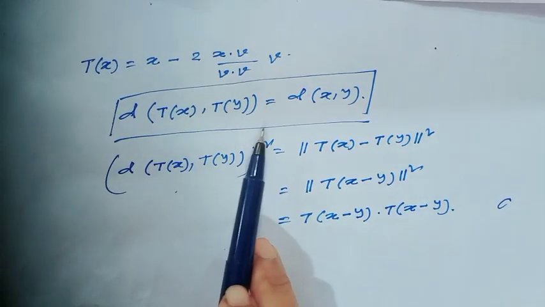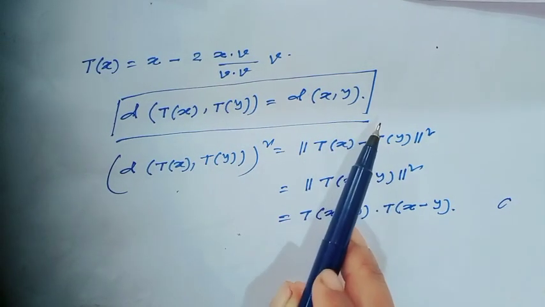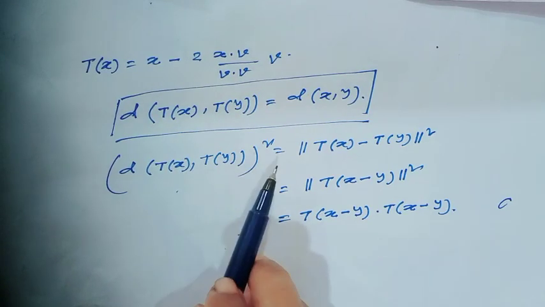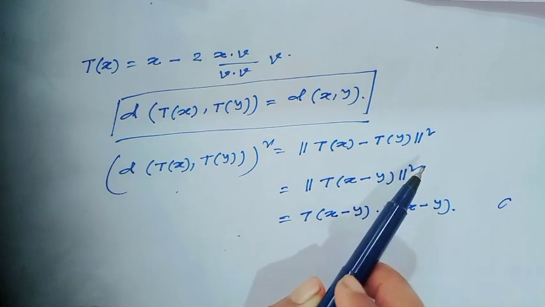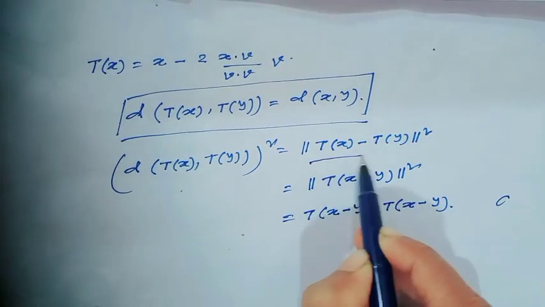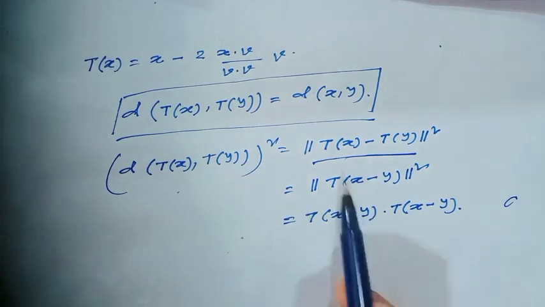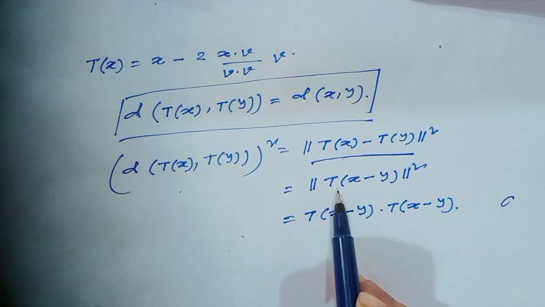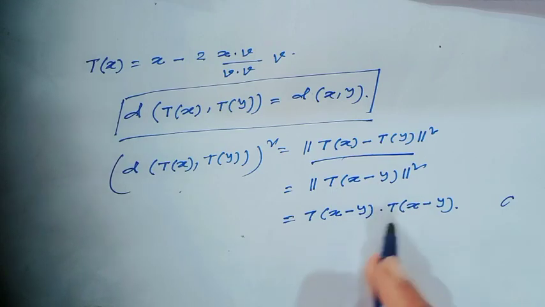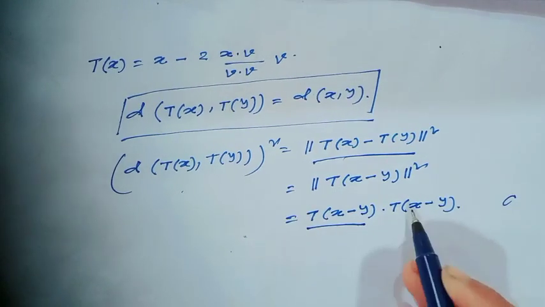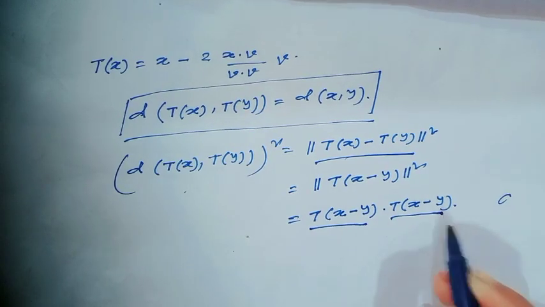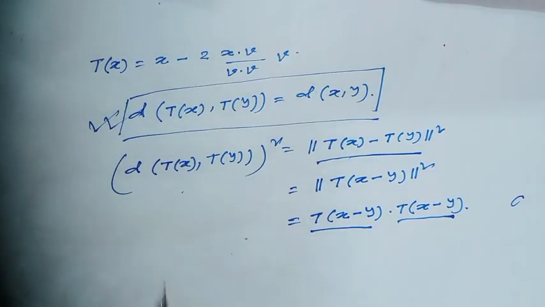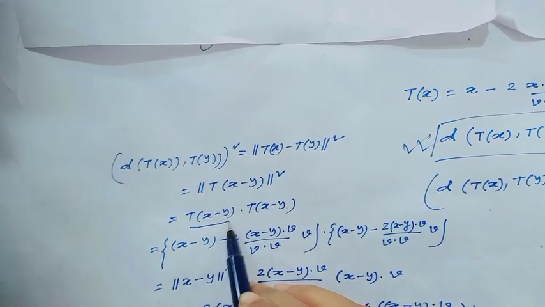d(tx, ty) = d(x, y). This means d(tx, ty)² = ||tx − ty||². And by the property of norm, this means ||t(x − y)||². And ||t(x − y)||² means ⟨t(x − y), t(x − y)⟩. By the property of distance, just put the value, and t(x − y) means